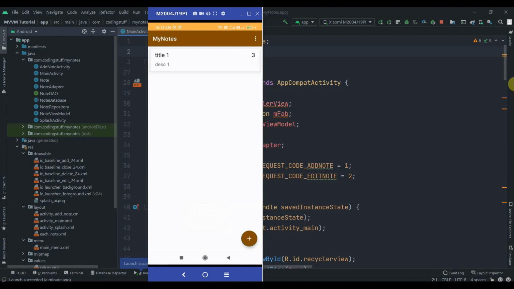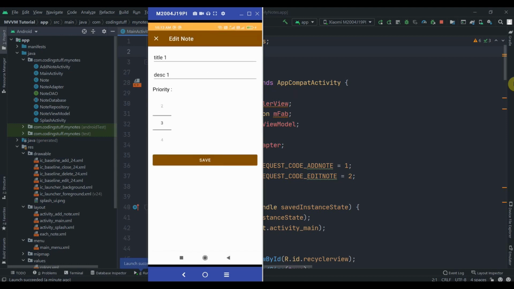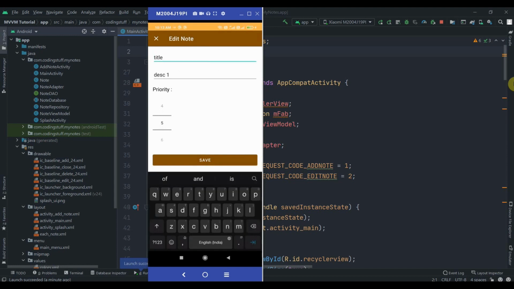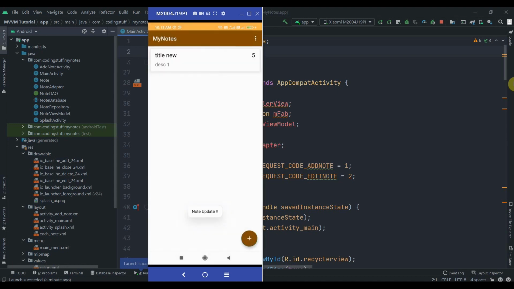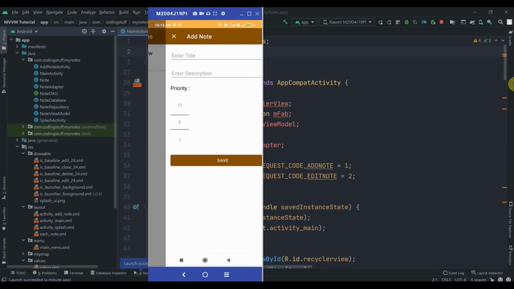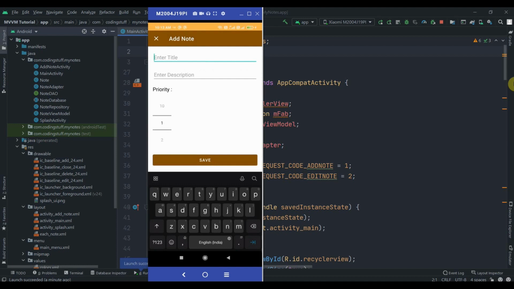Now you can just swipe it to the left side, and this will take us to the edit note. So again, I can just edit this. I'll edit the priority and title with title new and hit save. So as you can see, it has been updated, and then I'll add another note.